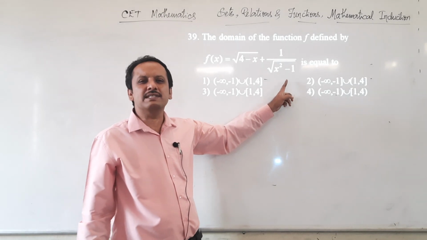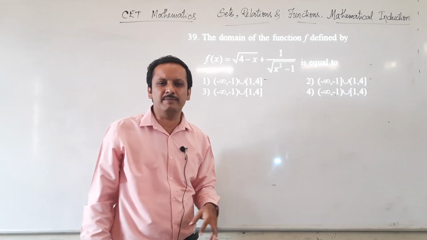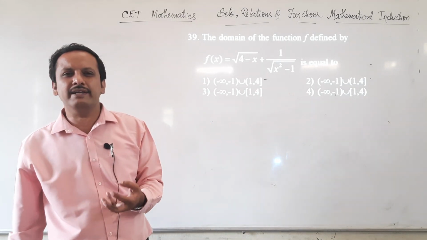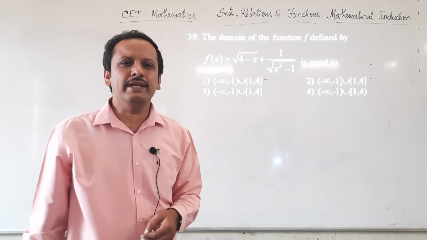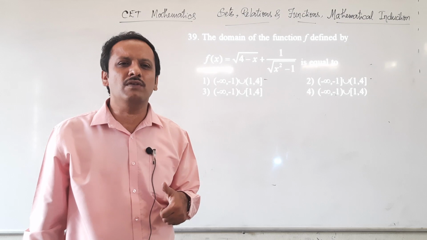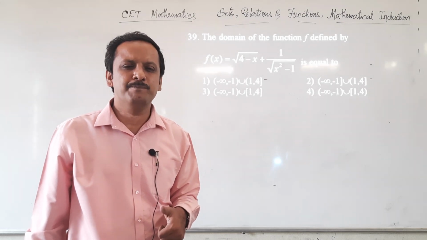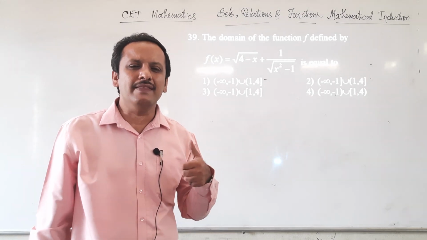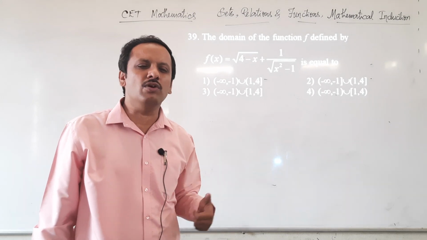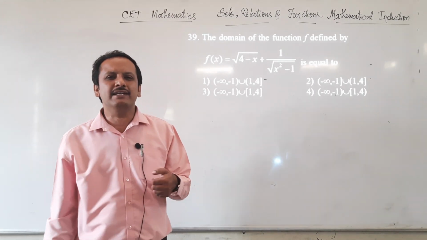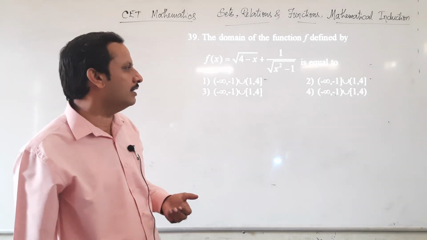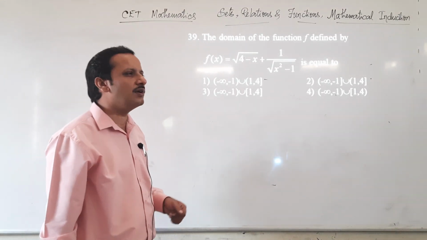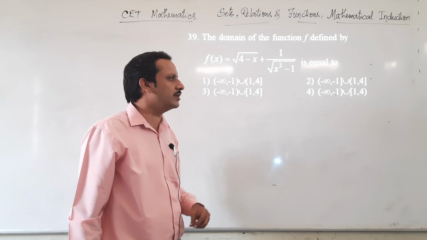But here if I put x is equal to 1, the denominator is becoming 0. So whenever you are finding the domain, you need to take care of two things mainly. One is, inside the root we must always have a positive quantity, or at least 0. And they should not have any negative quantity inside the root. And the other important thing is that the denominator should never become 0. Okay. So now if I substitute x equal to 1, the denominator is becoming 0 here.